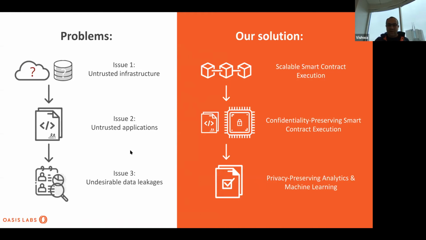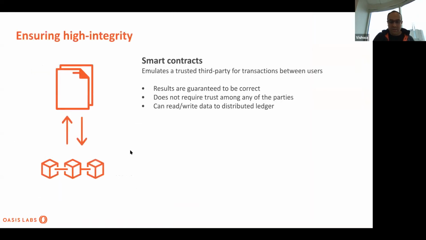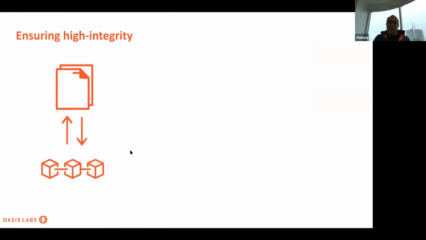Yeah, my slides take a little longer to move. Oh, what happened? Yeah. Okay,